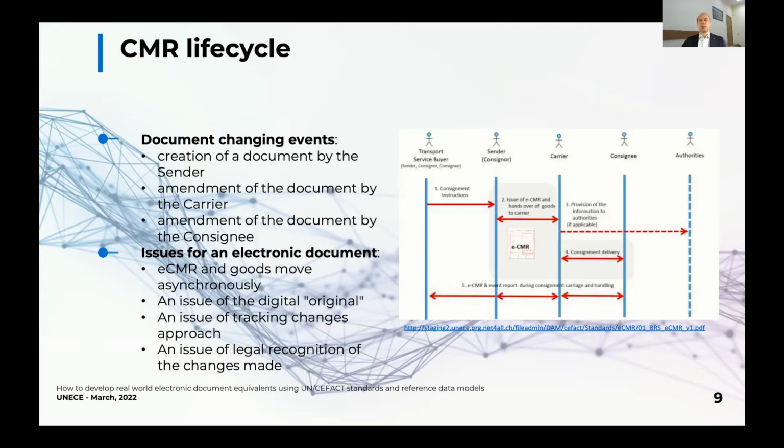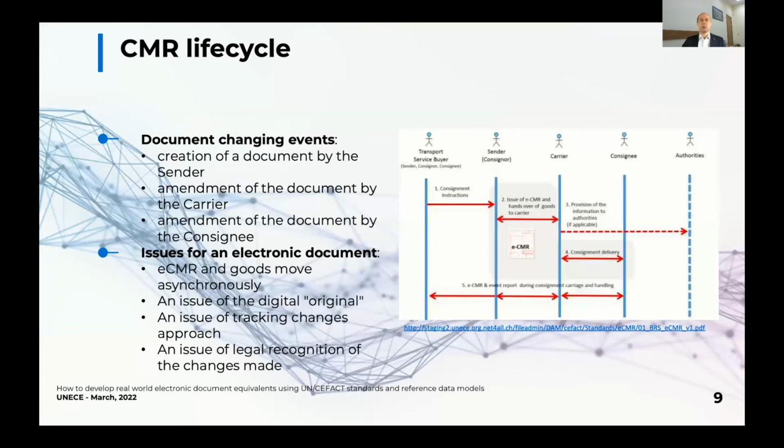In the case of a paper document, this information is added to the original document at the time of the corresponding logistical event, for example, loading cargo onto a lorry. In the case of an electronic document, additional issues can potentially arise. The information flow is separated from the cargo flow. This means that the electronic document is not transmitted synchronously with the movement of the goods. Thus, an electronic document can be available to all participants of the transportation at the same time or by any